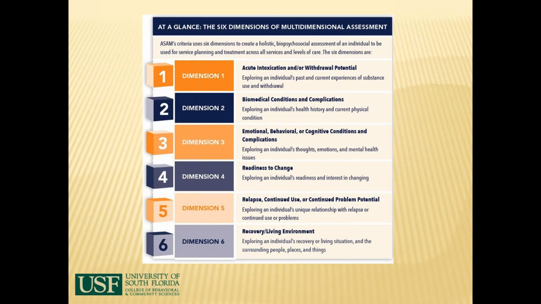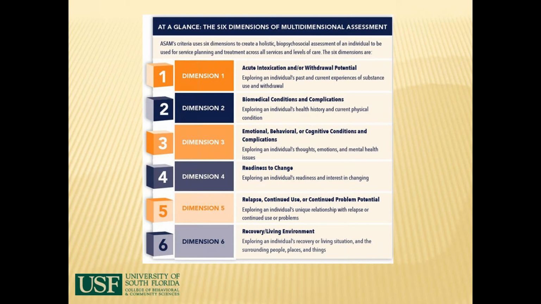They will not go and you have no leverage. Well, the ASAM model does allow for you to say that although I think this person needs a higher level of care, because of their low readiness for change, I'm going to start them in an outpatient with some motivational interviewing to help them to resolve the ambivalence that's getting in the way of accepting the need for residential treatment. Then we have Dimension 5, which is relapse, continued use, or continued problem potential.